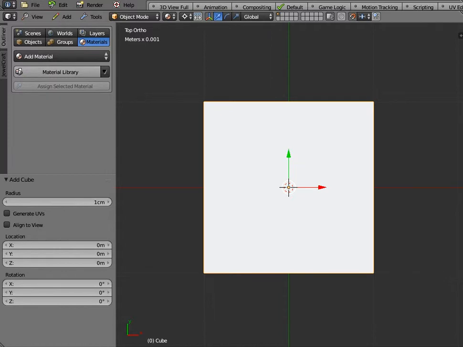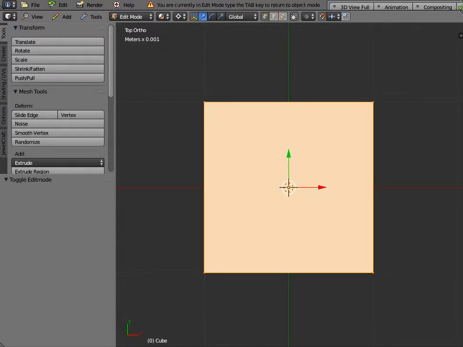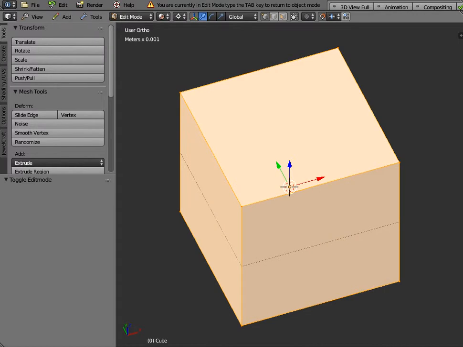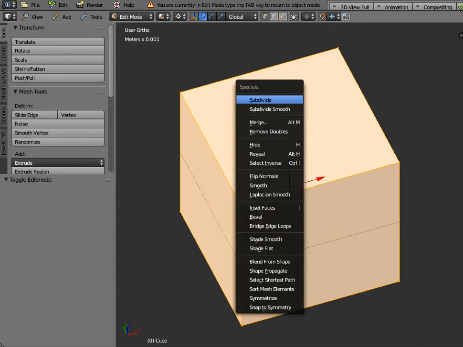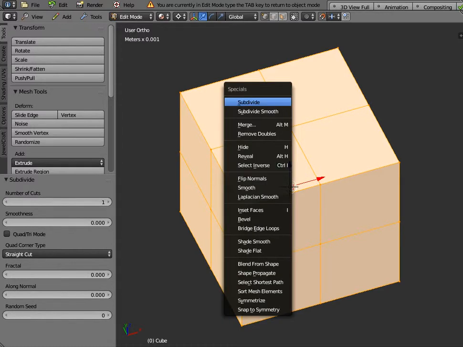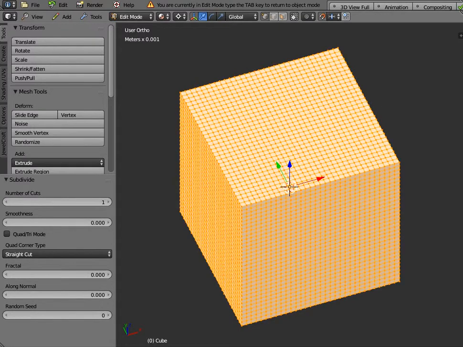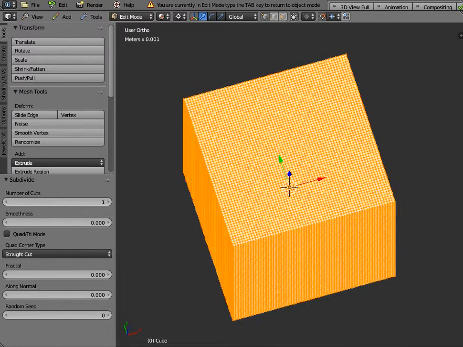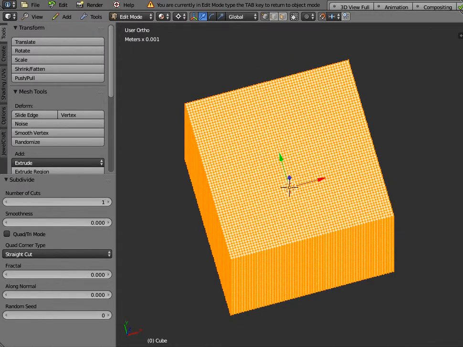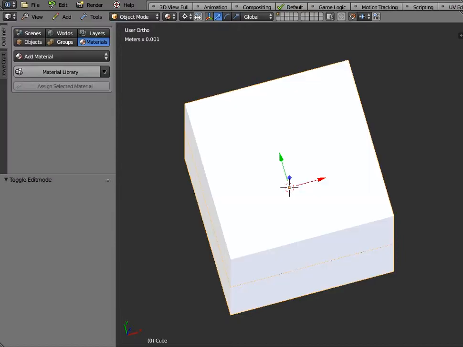Now what's really important is you do need to go into edit mode, and with all of the objects selected, go to W and subdivide. So I'm pressing W on the keyboard and subdivide, W and subdivide. Before you can apply any kind of texture you really do need to increase the face count quite dramatically. You can't do this on just a single face. Okay, so if I just go to view and top view now,